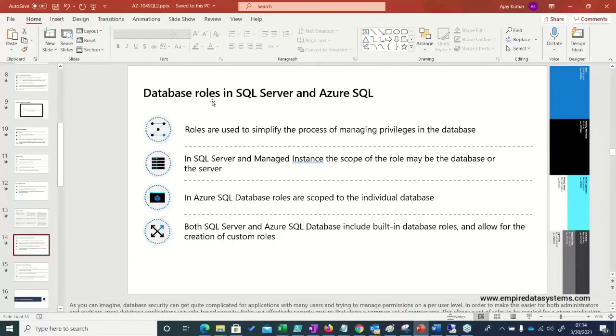How are you going to integrate your database for the built-in SQL, and if you have something on Azure SQL? In SQL and managed instance, the role can differ, and you can define it. We always say that you can always go and